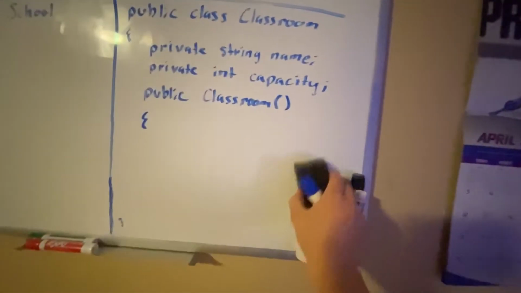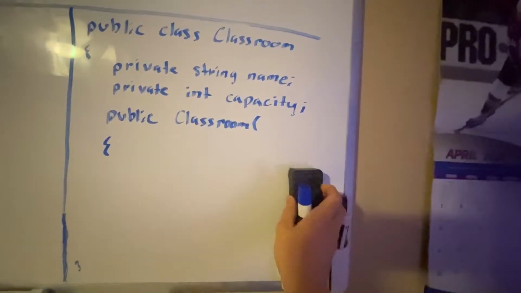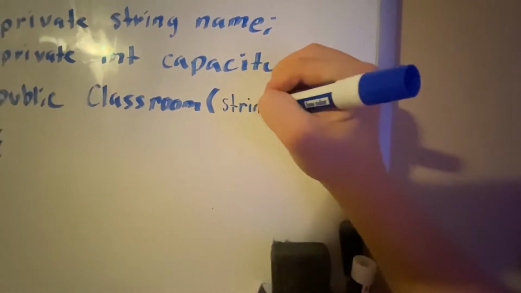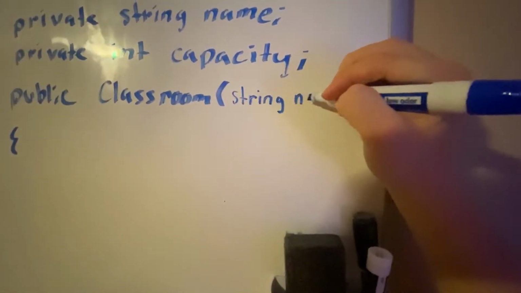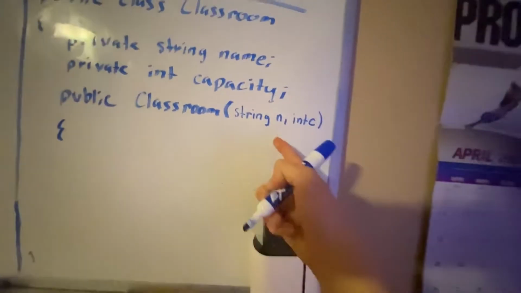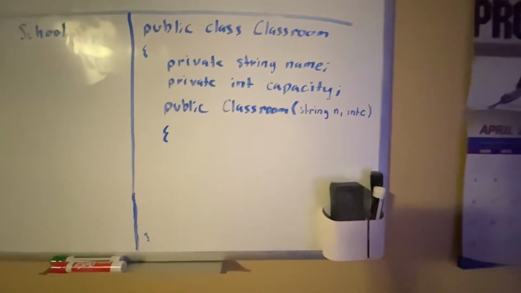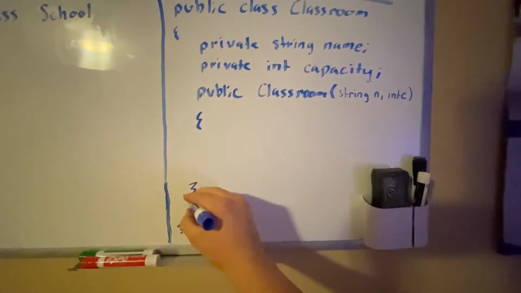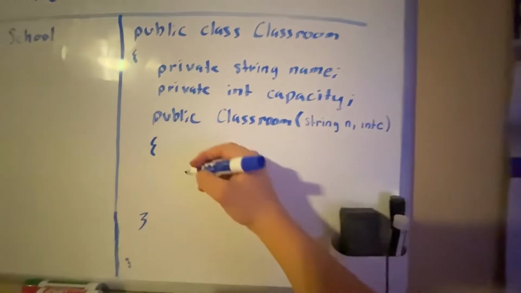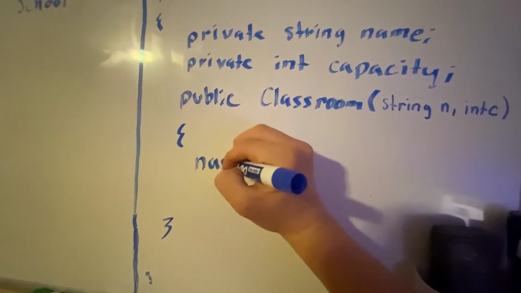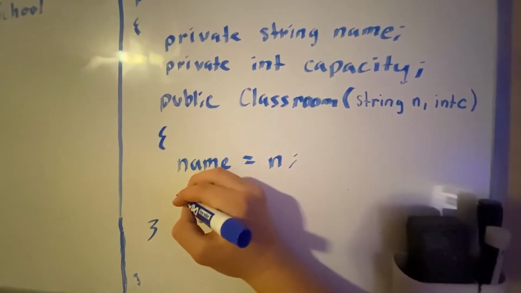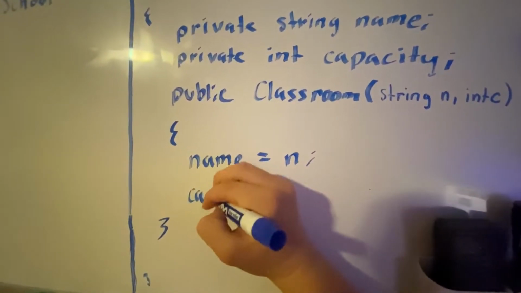What we can do here is get rid of this right here. We can put a string n for name and an int c for capacity. Of course, you probably want better names than that, but that's just for example. Now in here, we can set name to our input, so we just do name equals n, and then we set capacity